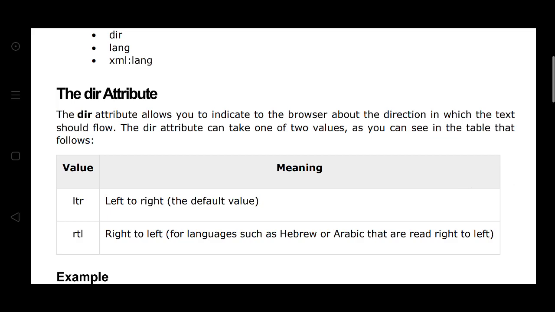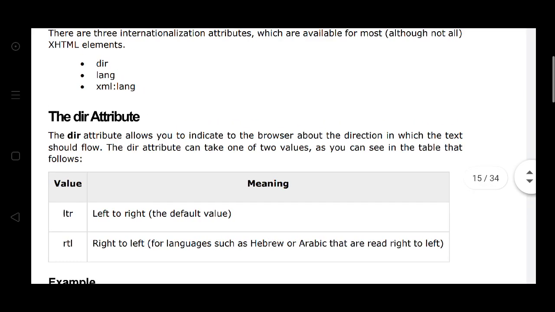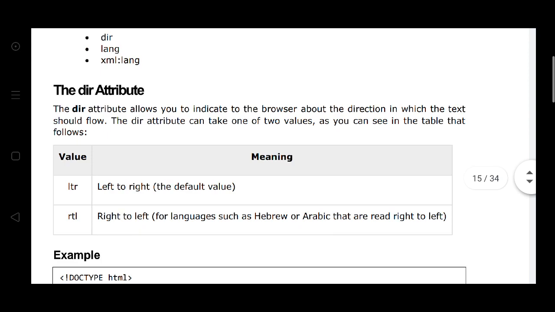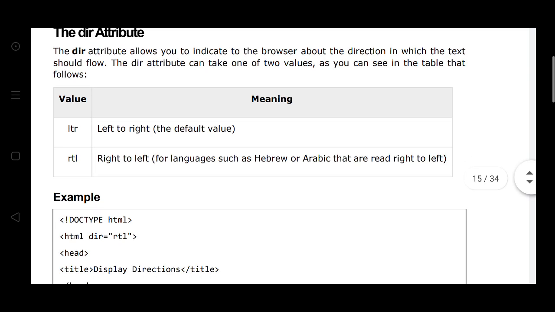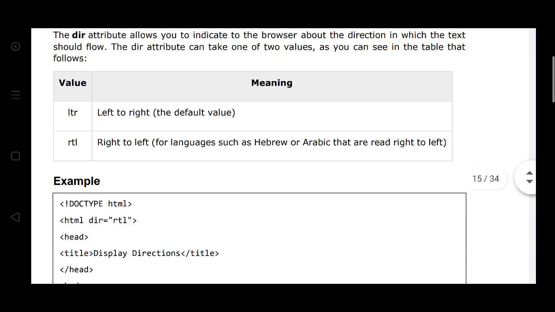The dir attribute allows you to indicate to the browser the direction in which the text should flow. The dir attribute can take one of two values, as you can see in the table that follows. Value, meaning: LTR, left to right, RTL, right to left. LTR means left to right, RTL means right to left.